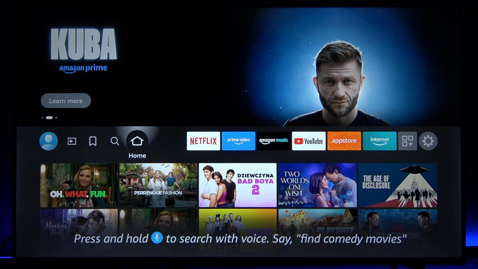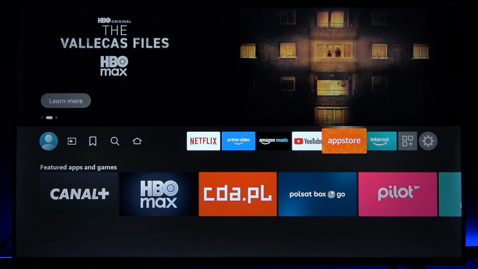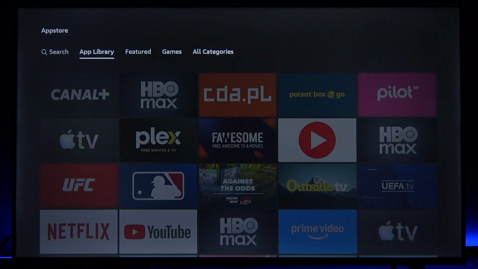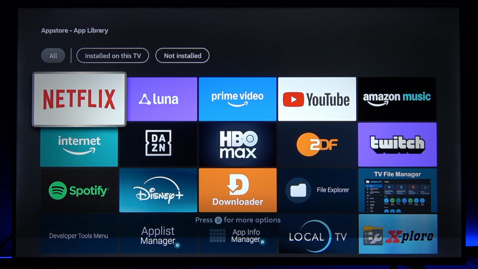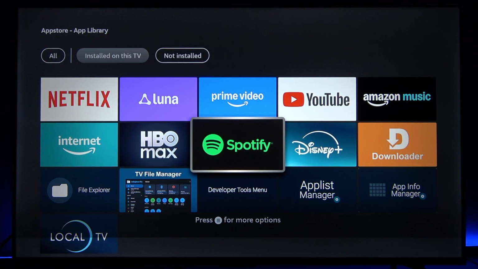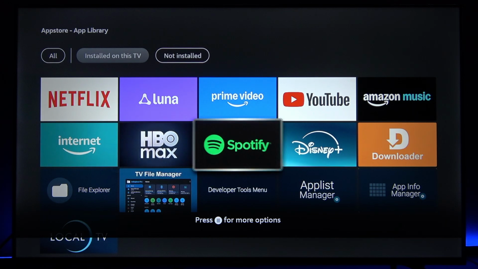First, you're gonna have to open the native App Store on your TV. For example, it's App Store in my case. Then you're gonna have to navigate to the App Library tab at the top of the screen and then select Installed on this TV if you have such option. This will show you the list of applications that are installed on your TV,